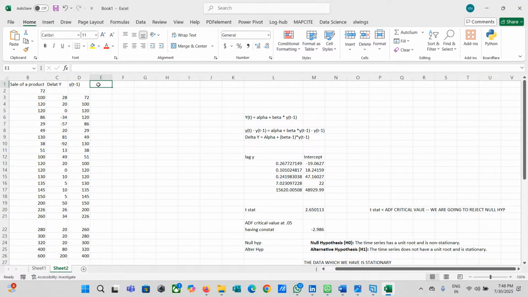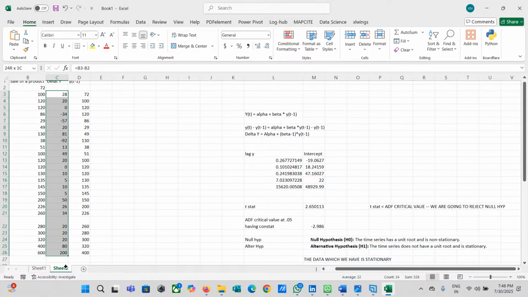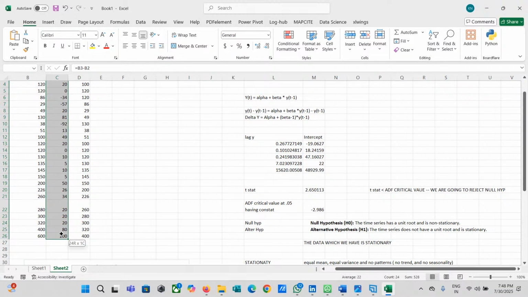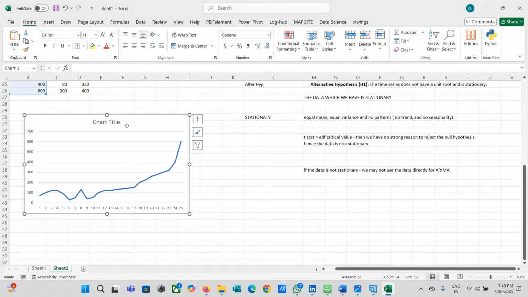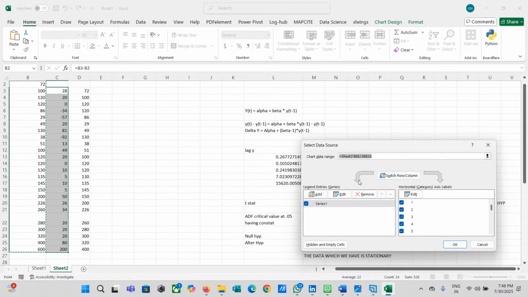To create the stationary data, we are going to do differencing. We have done the differencing already over here. If you do the differencing, some kind of linearity might come. So let's plot this graph and see whether we're getting any linearity inside here. I'm going to build a scene within this only.